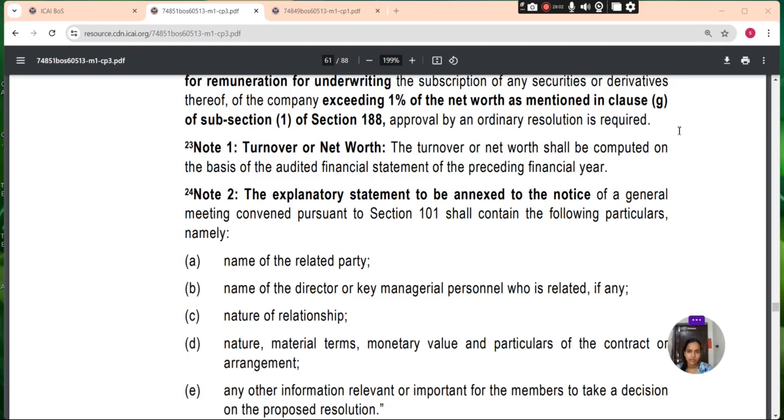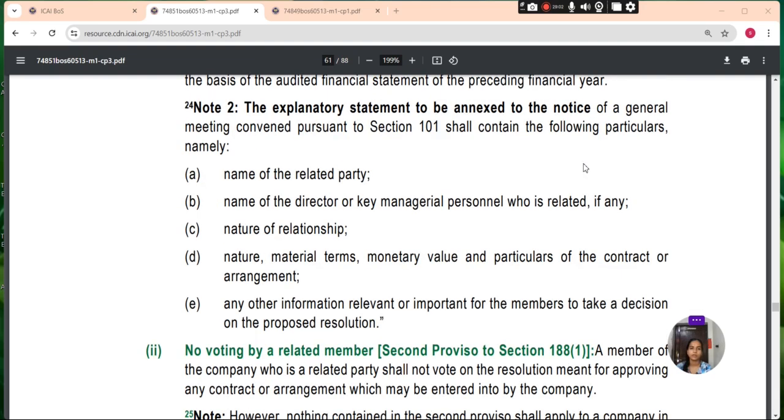Turnover or net worth shall be computed on the basis of the audited financial statement of the preceding financial year. The explanatory statement to be annexed to the notice of general meeting convened pursuant to section 101 shall